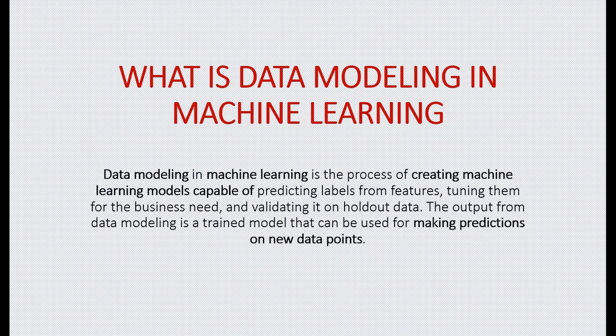Data modeling in machine learning is the process of creating machine learning models capable of predicting labels from features, tuning them for the business need, and validating it on hold out data. What this means is that data modeling is a series of processes, intended to first extract the target column from the data set, where the target column refers to our outcome or